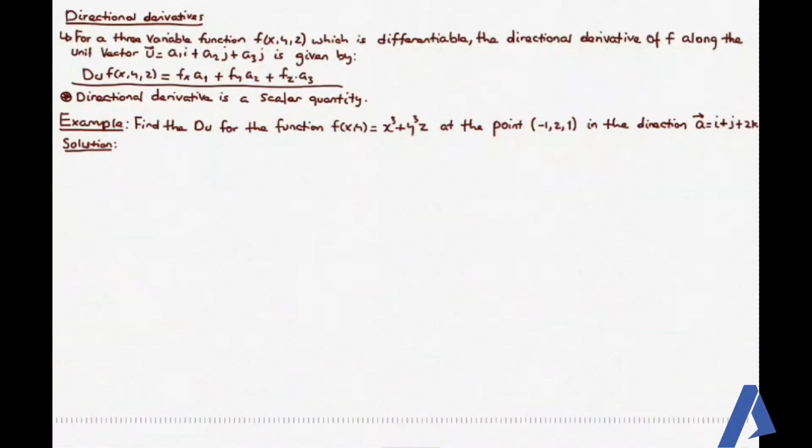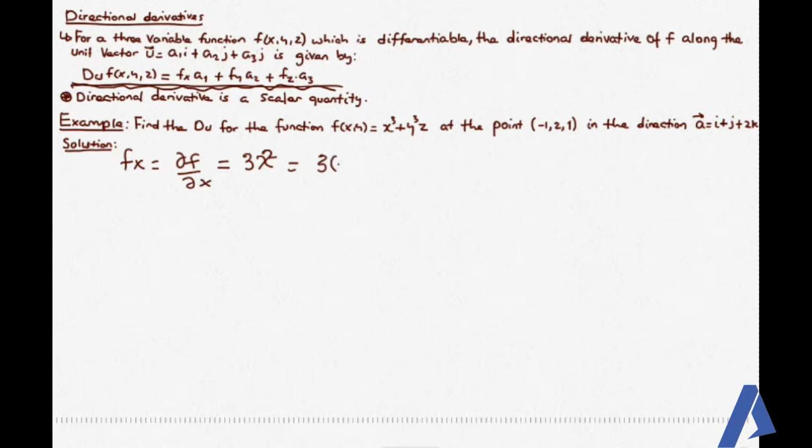ቀጣይ የምናየው directional derivatives. Directional derivative is a scalar quantity which is evaluated using this expression. ስለዚህ as a simple example እቺን ጥያቄ እንያት። መጀመሪያ ምን እናደርጋለን? ፈንክሽን እና ፖይንት ተሰጥቶናል and in the direction of a vector ተሰጥቶናል። ስለዚህ first fx እንፈልጋለን። fx is equal to del f by del x which is with respect to x differentiate ስናደርገው it's 3x square ከዛ በኋላ at the point minus 1 to 1 ስለሚል ፖይንቱን እዚህ ውስጥ በመክተት የሆነ ቁጥር እናገኛለን።